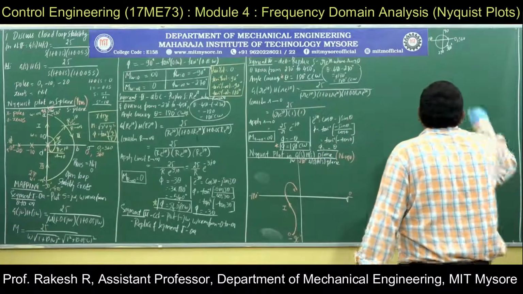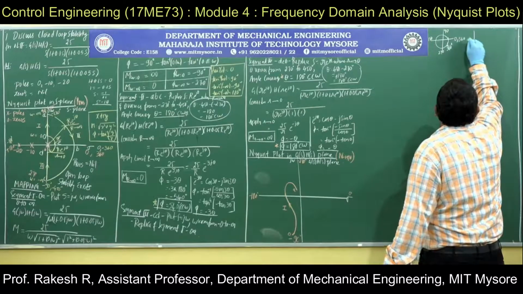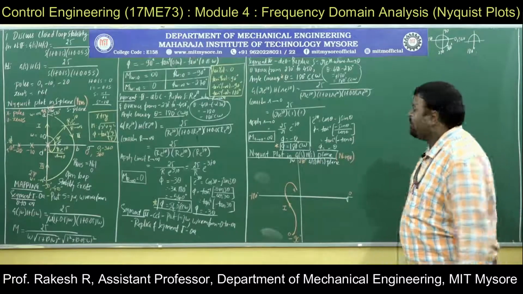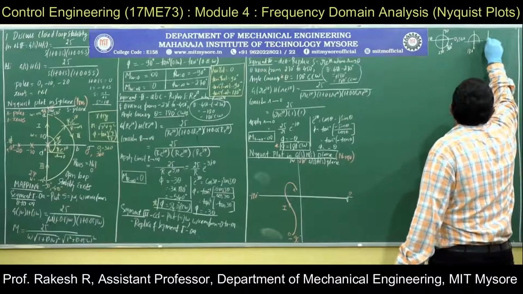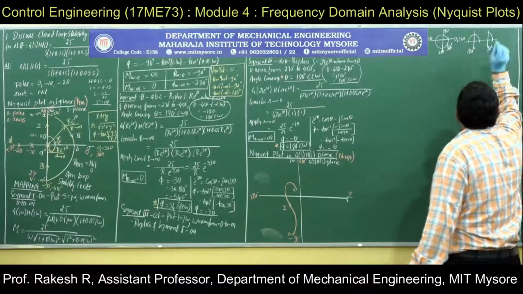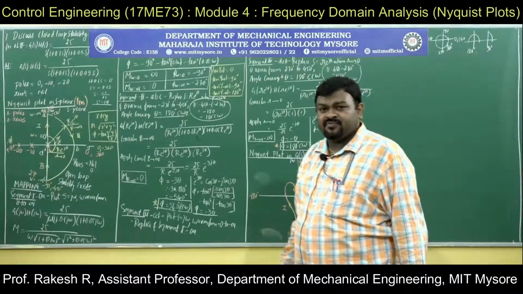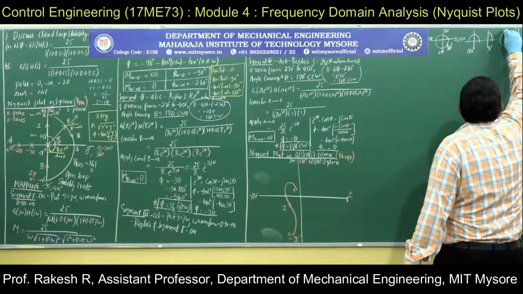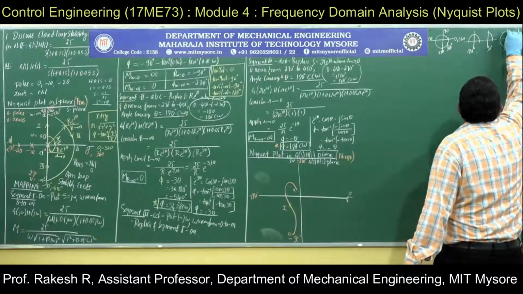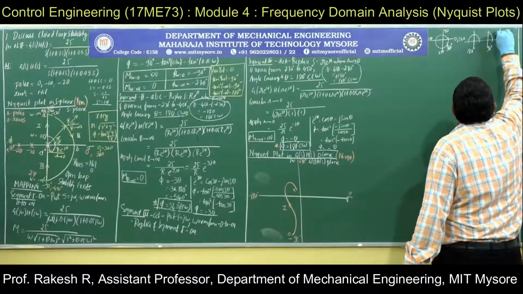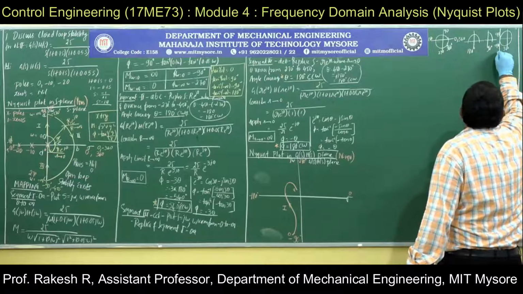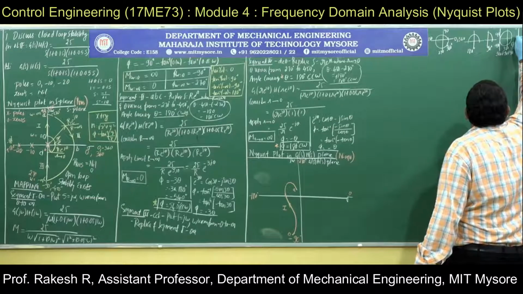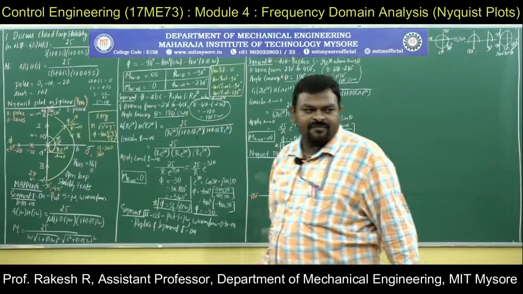Then 180 degree, semicircle. 90 degree, quarter circle. And what is this 540 degree? 540 degree is a circle. A circle is 360 degree and then a vertical and this vertical, this is 90 plus 90. So 360 plus 90 plus 90, it is 540 degree. So that is the plot for 540 degree.